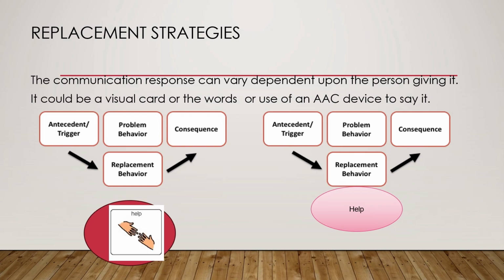Another word that we might consider for functional communication training would be help. Teaching our learners how to get and ask for help can be a critical life skill. If I am teaching this, I am going to set up scenarios and situations where the learner needs help, and I am ready and available to provide that.